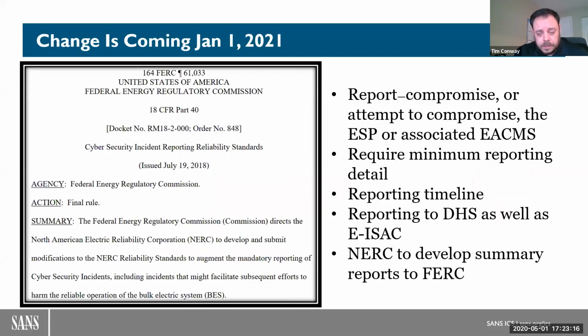So in light of that, when there's a problem, usually regulation will come to fix it. And this change is coming starting January 1st next year. So this new CIP-008 will be coming, and it will impact all electric sector asset owners and operators within the bulk electric system of North America. The additional change here is the reporting component, where you will now be reporting a compromise or an attempt to compromise, where before that reporting wasn't required.